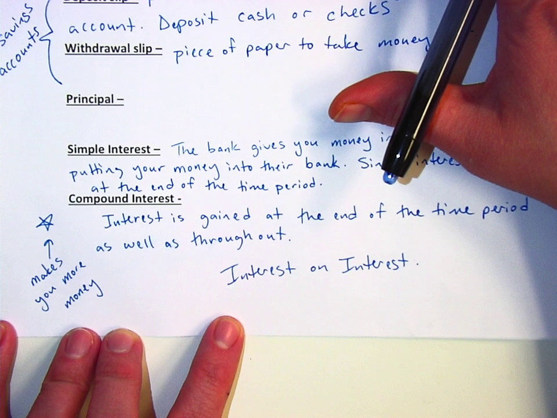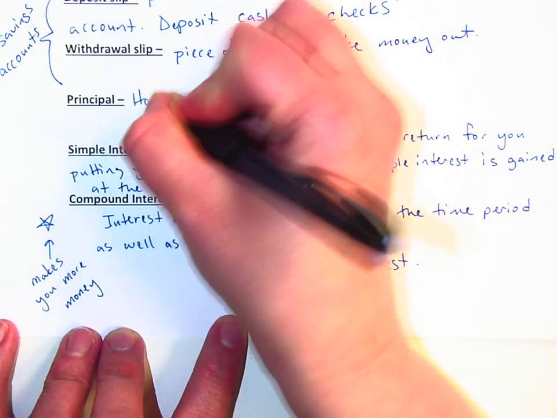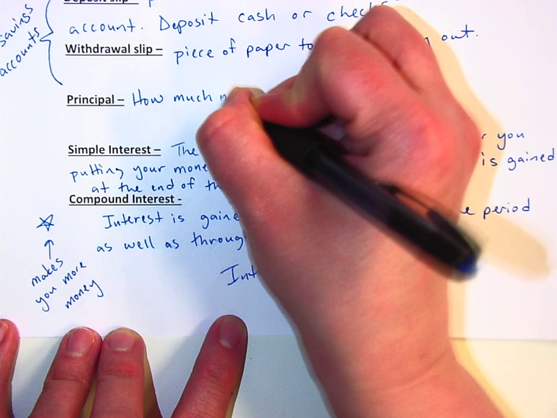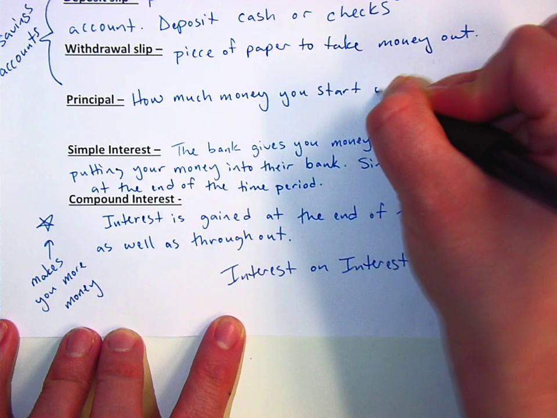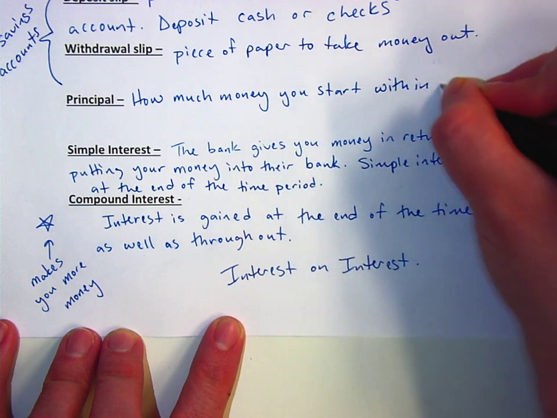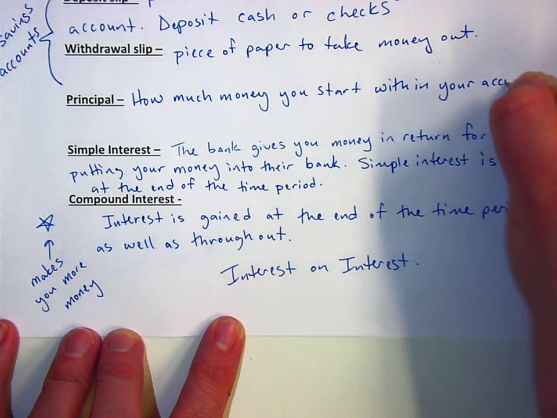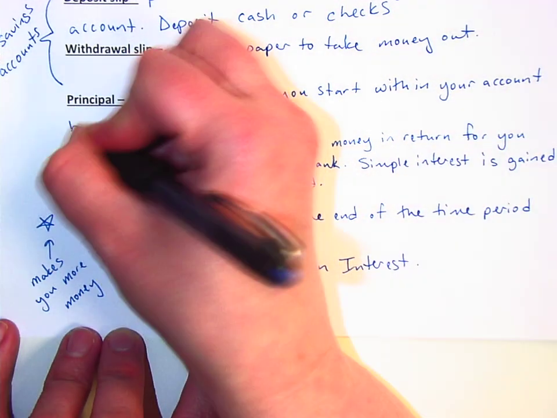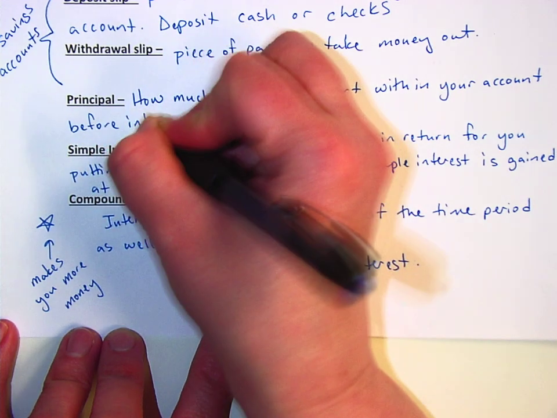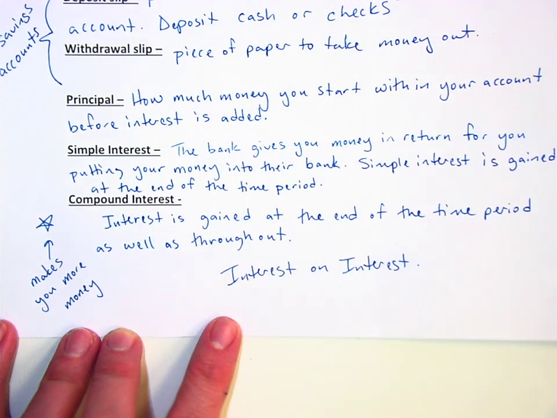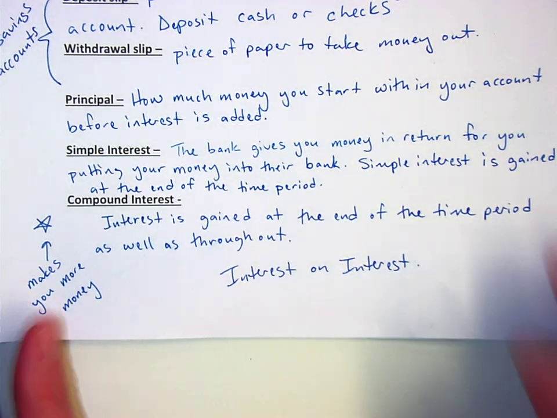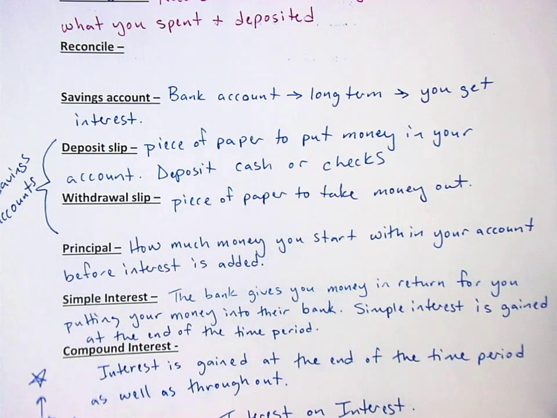All right, going back up here a little bit, principal is how much money you start with in your account before interest is added. All right, I know that we skipped the word reconcile, but we're going to go back to that after I get back. Okay, now go to your worksheet,